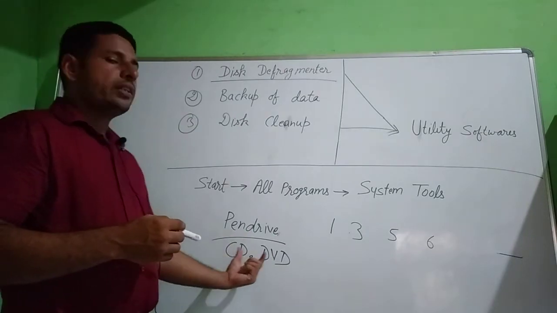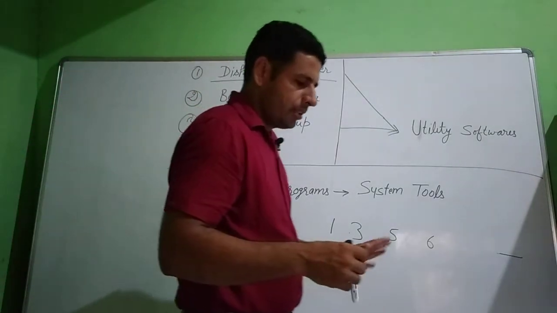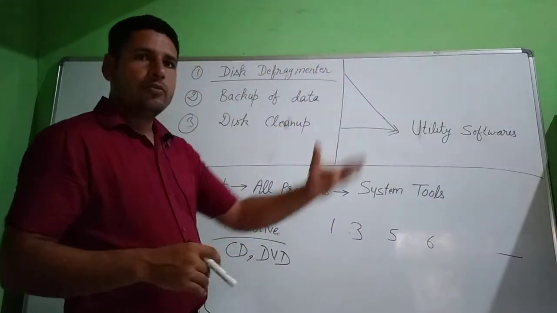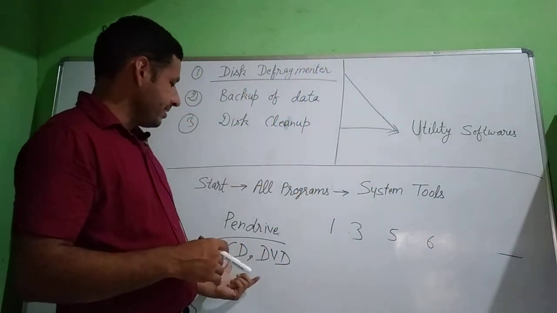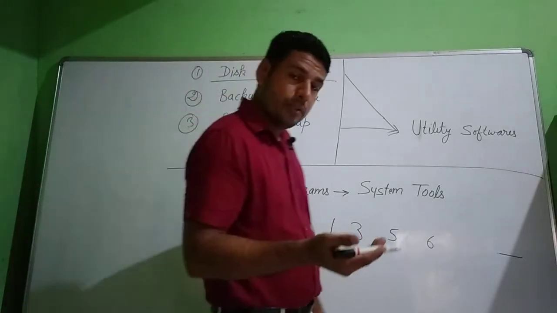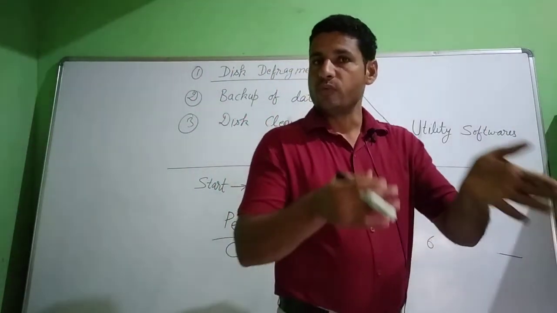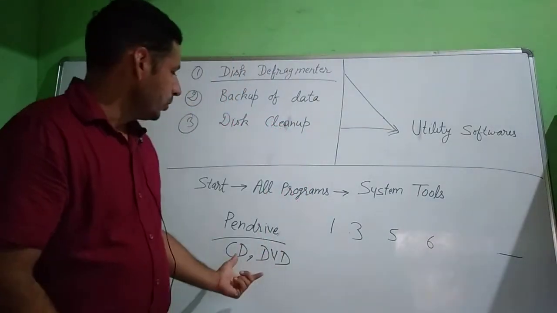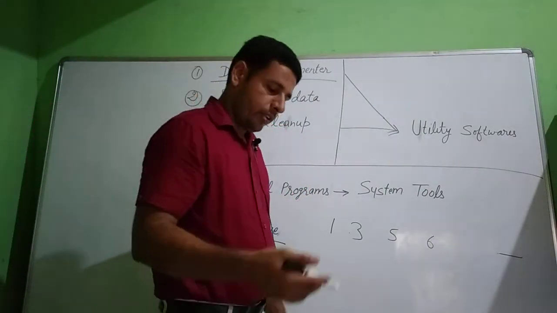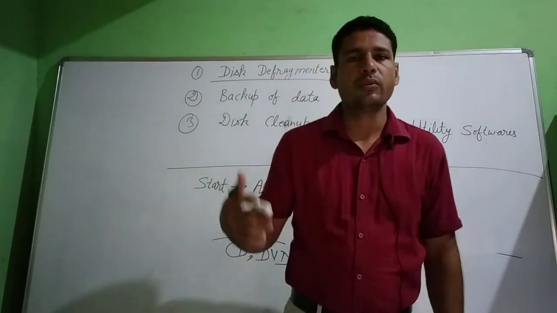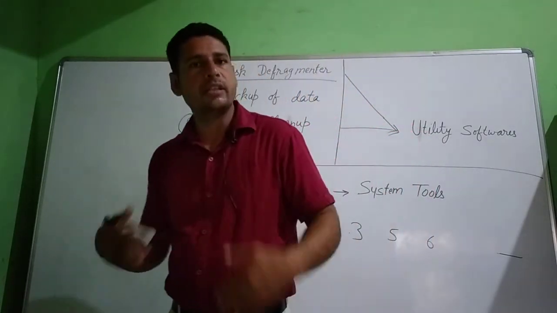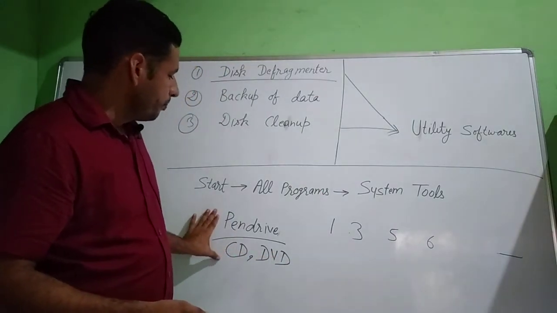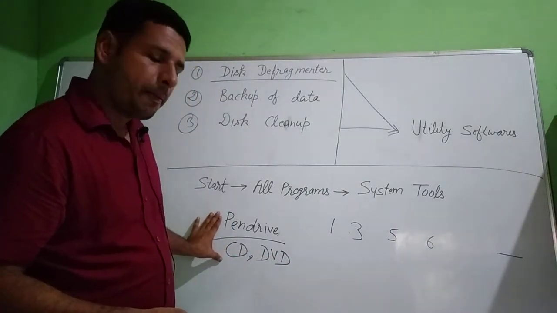Now how can you store the data on a CD or DVD? The simplest way is there too. When you attach a pen drive, one drive appears, and when you attach a CD or DVD in your computer, there is also one drive. So what you can do is copy the data and paste it in your CD or DVD drive, and you can use your CDs or DVDs on other computers and on your own computer also. So this is your pen drive and CD/DVD.